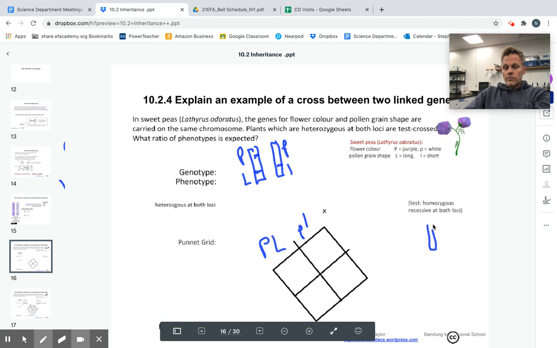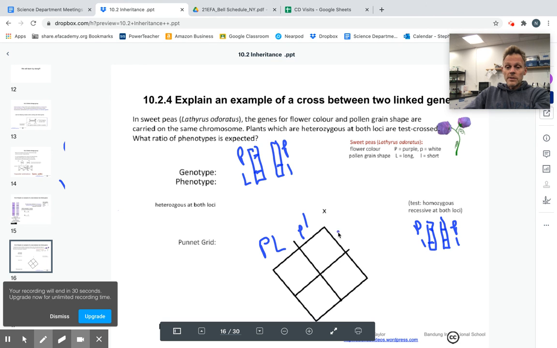So if we drew the chromosomes real quick, we have a little p and a little p, and also a little l and a little l, and they travel together. So this little p and this little l would come here, and this little p and this little l will come here. And then you just do the scenarios. So if this gamete met this gamete, it would be big P, big L, little l. If this gamete met that gamete, it would be little p, little l, and so on. And from this, you can determine the phenotypic ratios of your pea plants. Here we'd have a purple long, for example, and here we'd have a white